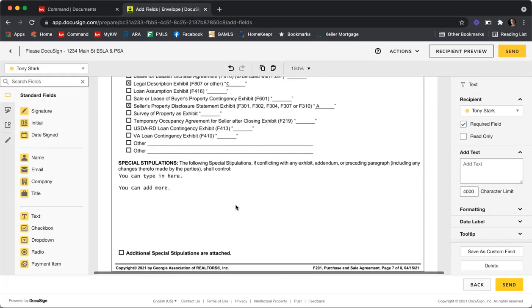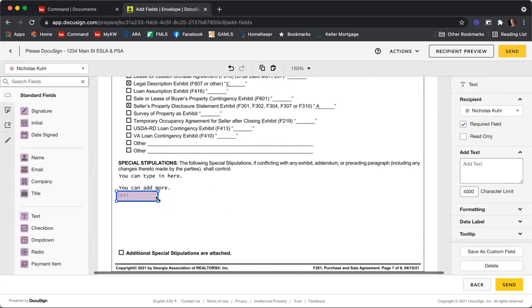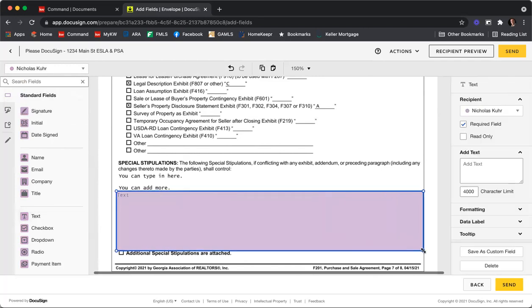So earlier I told you that there's a little secret that I can show you for the stipulations. So if you have some additional stipulations and they're not going to fit, you can just add a text box. So I'm going to select myself. So that way all the fields are mapped to myself, and I'm going to add a text box. And then I'm just going to expand that to fit here. And then I'm just going to start typing in this text box. So I'm going to start, here is some additional steps. More, lots more,